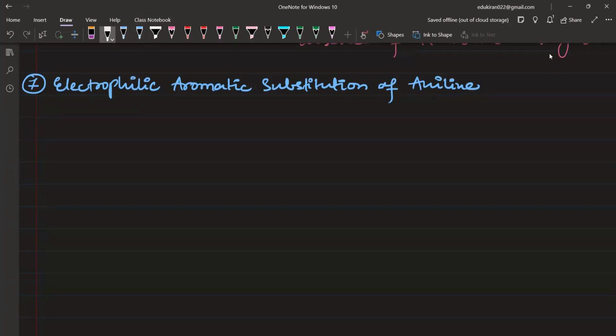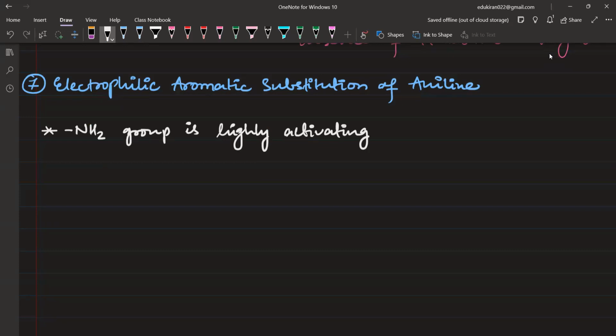Now, few points. First of all, NH2 group is highly activating and, लिख लीजिए, ortho-para-directing